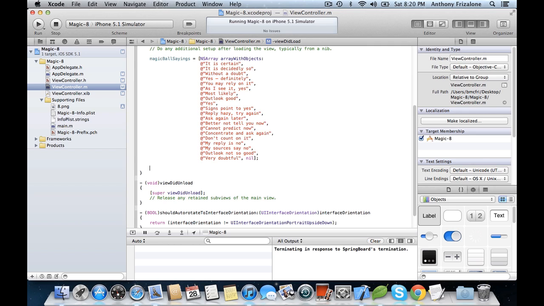So I'm going to use arc4random as my random number generator, and the reason I'm going to do that is because when you use rand, there's a modulo bias. If you don't know what that means, please look it up on Wikipedia because you probably won't understand it if I explain it really quickly. But basically,